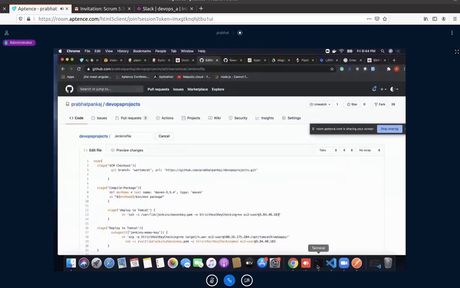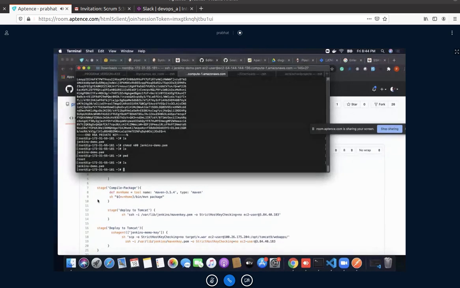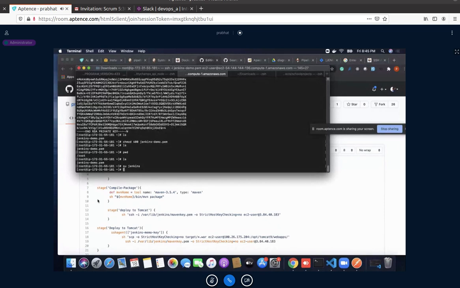If you see here the path, what happened? Why is it not happening?